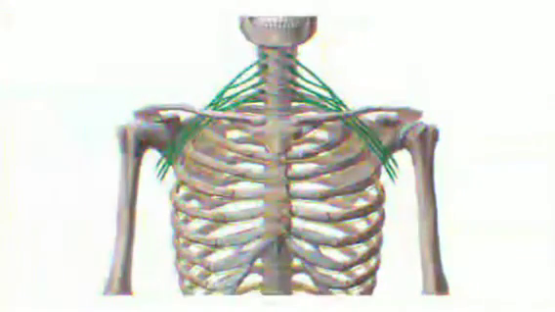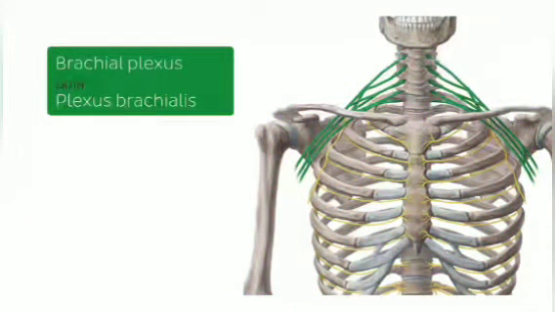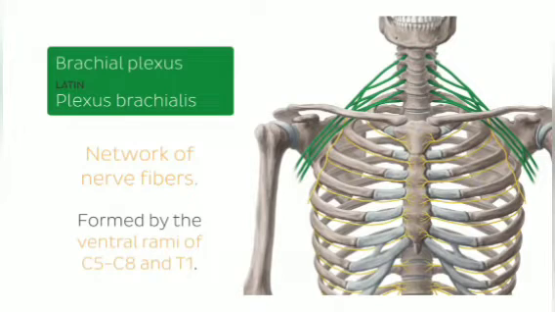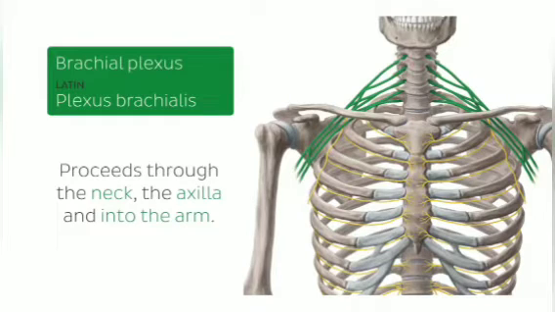Nerves. And you see here highlighted what is known as the brachial plexus. The brachial plexus is a network of nerve fibers that run from the spine, formed by the ventral rami of C5 to C8 and also T1. So it's formed by the ventral rami of the lower four cervical and first thoracic nerve roots. Now the brachial plexus proceeds through the neck, the axilla, armpit region, and into the arm, as you can see